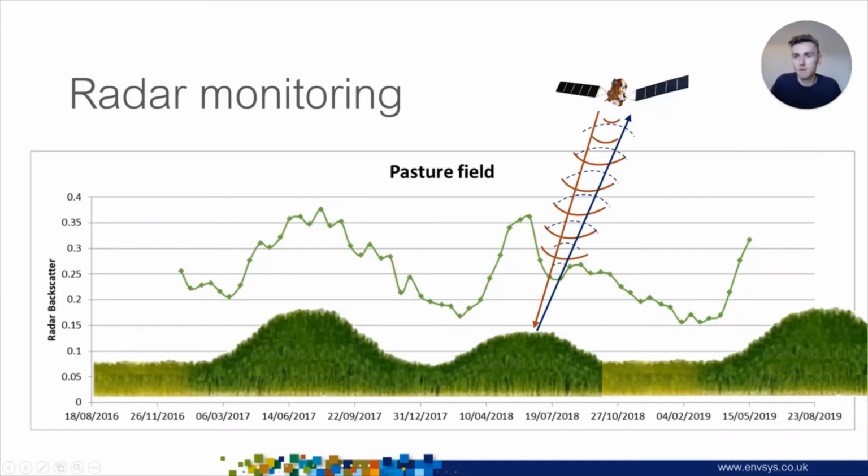Radar satellites can be used to measure grass. Here is a time series graph of radar backscatter over a typical grass field. It shows continuous, uninterrupted monitoring over time. Where shorter grass has less biomass, or less structure, the radar signal is lower. But as the grass grows, its structure becomes taller and denser, and this is reflected in the increased radar return to the sensor.